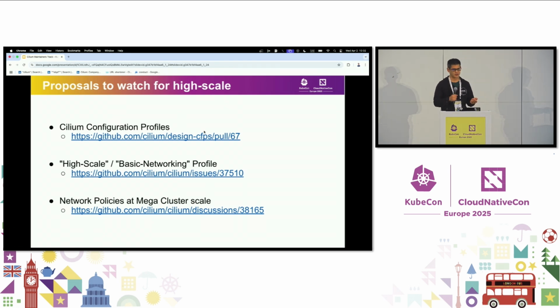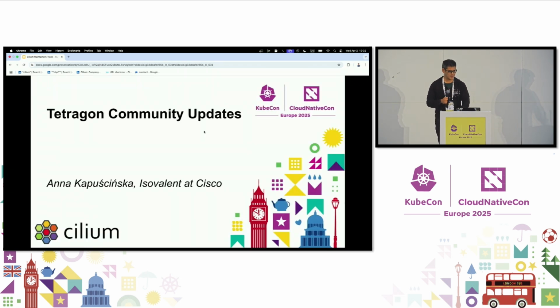That would be nice to know. And finally, there's some work, these are mostly proposals at this time, on how to do network policies at mega cluster scale, which is a very interesting challenge. And with that,